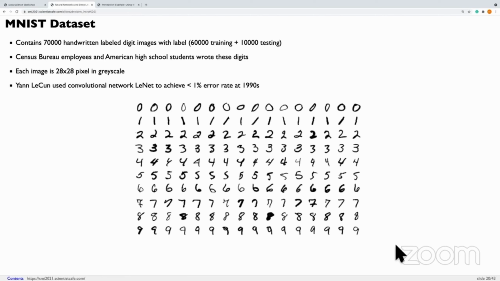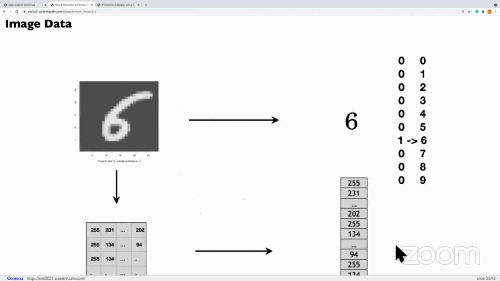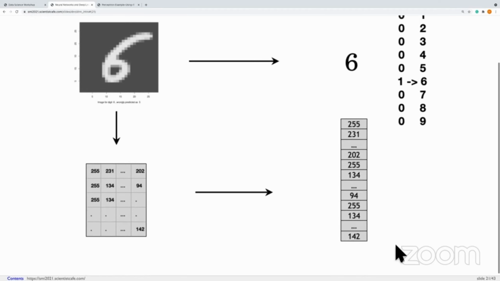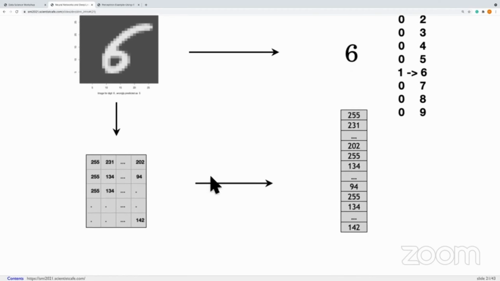We have 60,000 as training and 10,000 as testing. Each image is 28 by 28 pixels in grayscale, so you can see it as just a 28 by 28 matrix. So how to transform the data? For a feedforward neural network, you need to vectorize the